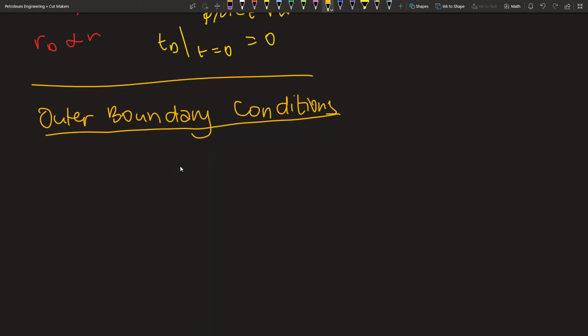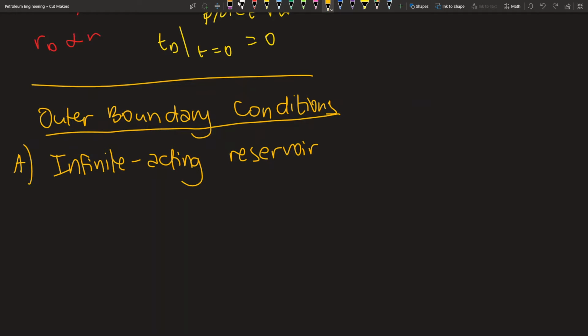Okay, now we need to recall that we actually have 3 possible outer boundary conditions, and I'm going to list them down over here. The first is assuming that we have an infinite acting reservoir. So this means that the pressure transient has not yet reached the boundary. Okay, so for the infinite acting reservoir,